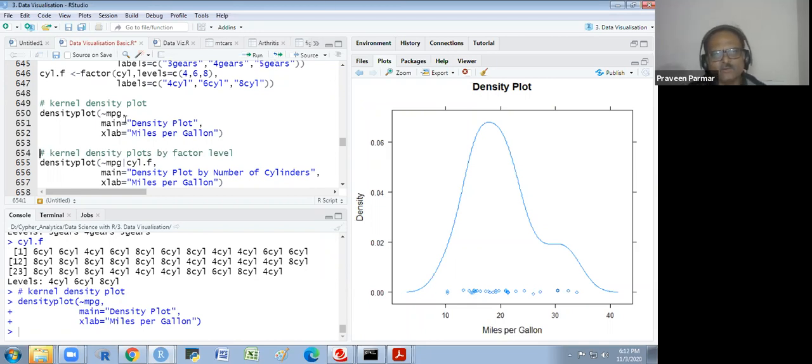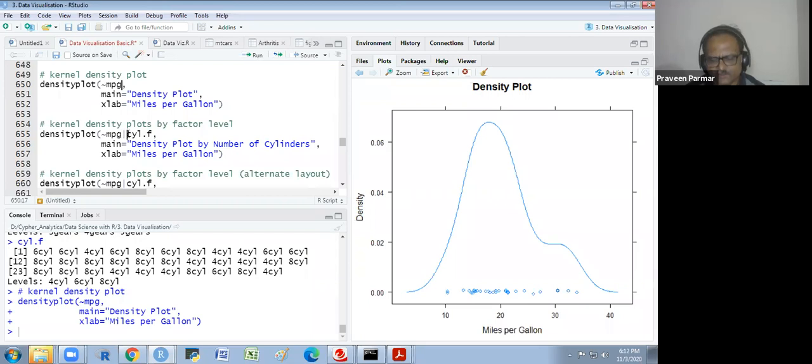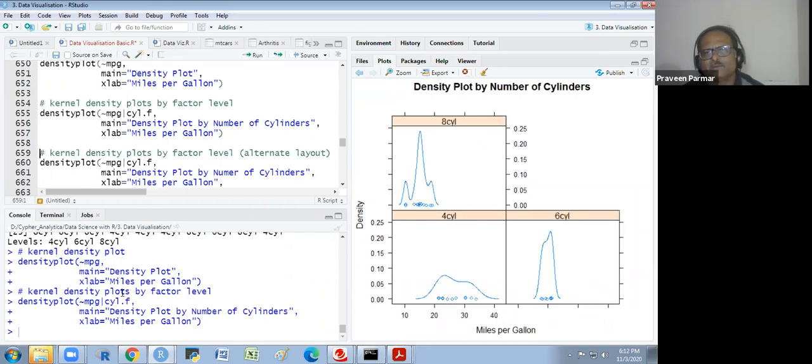So what I will do is use mileage and the pipe function, which is above the enter button, beside your backspace key. You have to use it with shift, and I will show you this. So this is as per the cylinder. We have 4, 6, and 8 cylinders, and as per that, it has divided the density.